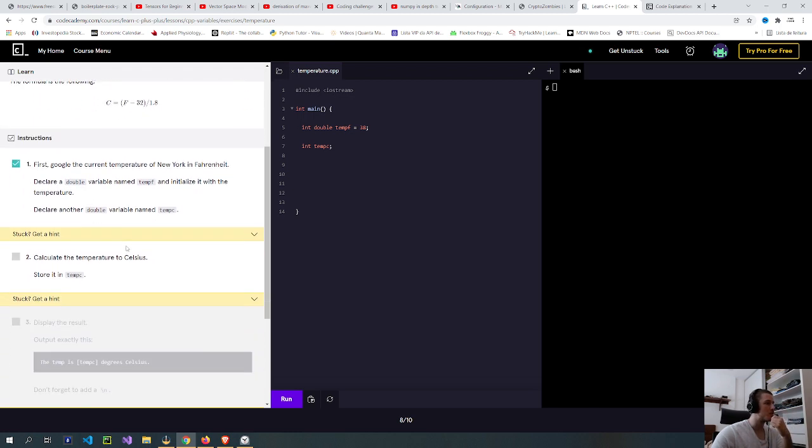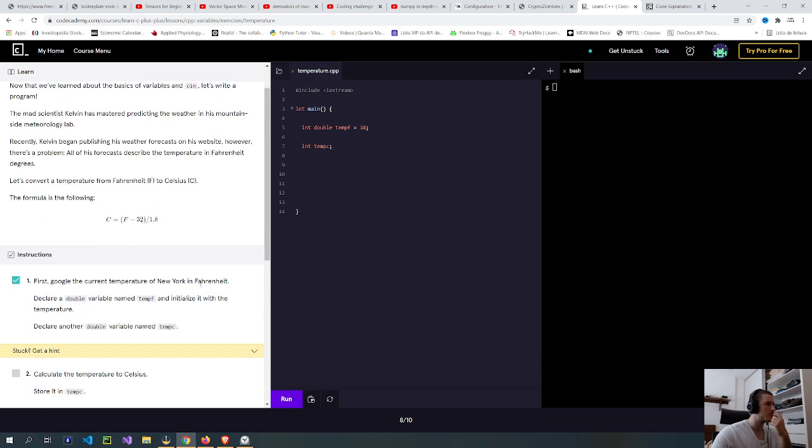Calculate the temperature to Celsius, store it in tempc. So now comes the complicated part. So int tempc equals double tempf minus 32 divided by 1.8.